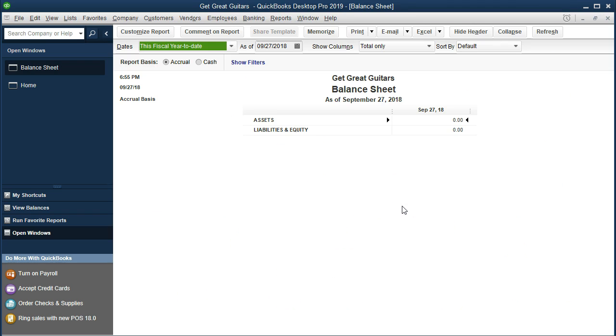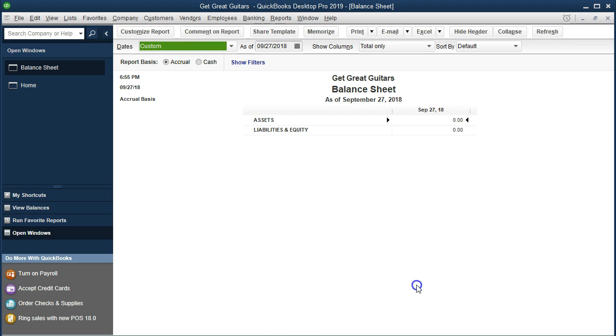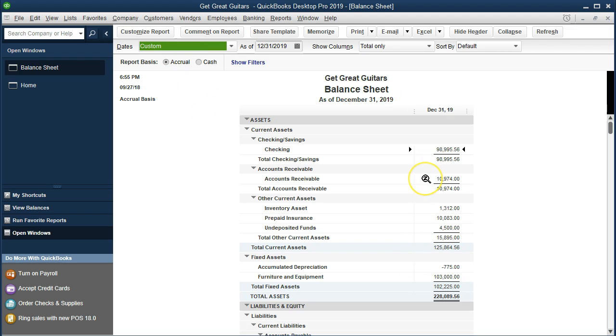Balance sheet standard, and I'm going to change the date range up top. Customize reports, and we'll go to the date range of 01/01/19, January 1st, 2019, and 12/31/19, December 31st, 2019, and OK. So if we go to the creation of the financial statements, say the checking account, which is going to have